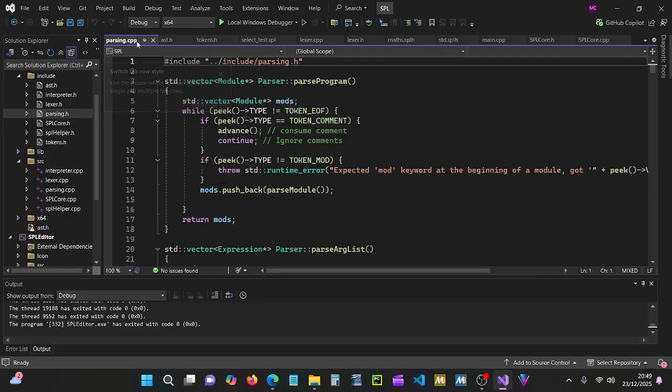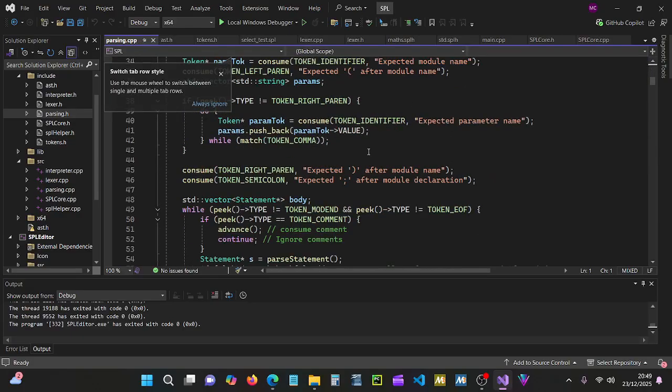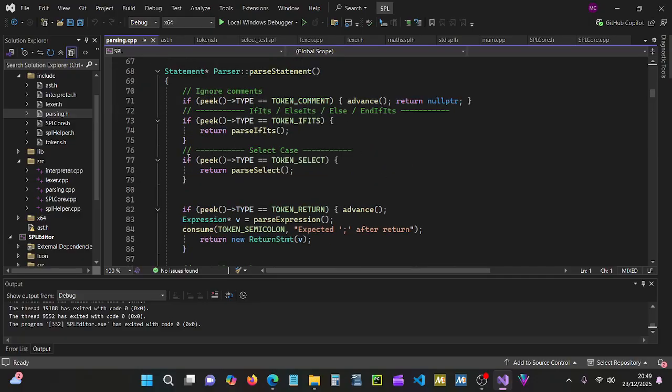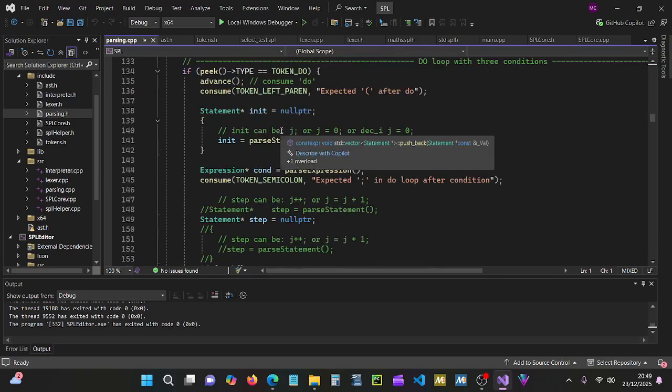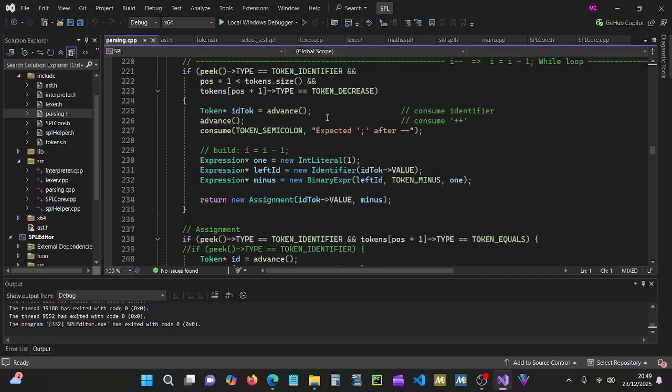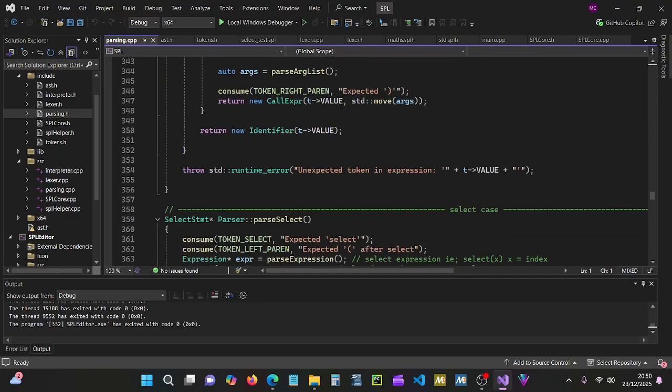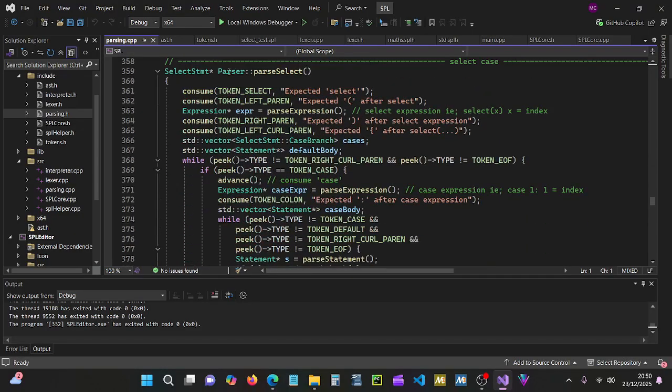And in parsing here we had to add this piece here, peek token select, return parse select, and then again come down here quite a way down here. Then we had to add this lot in, which just sets up